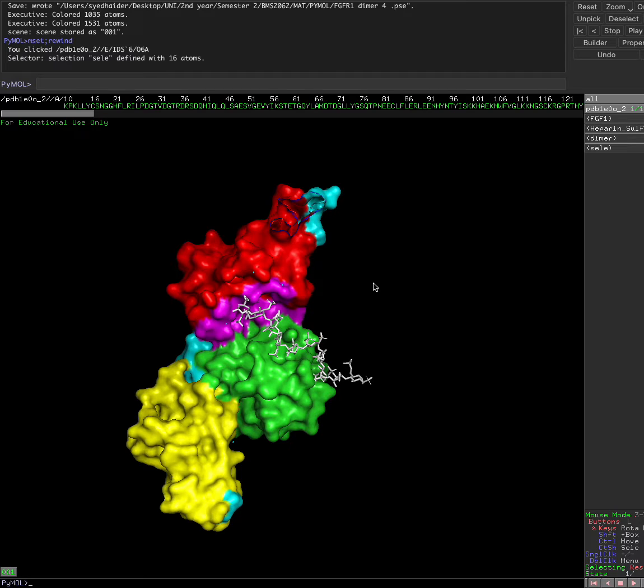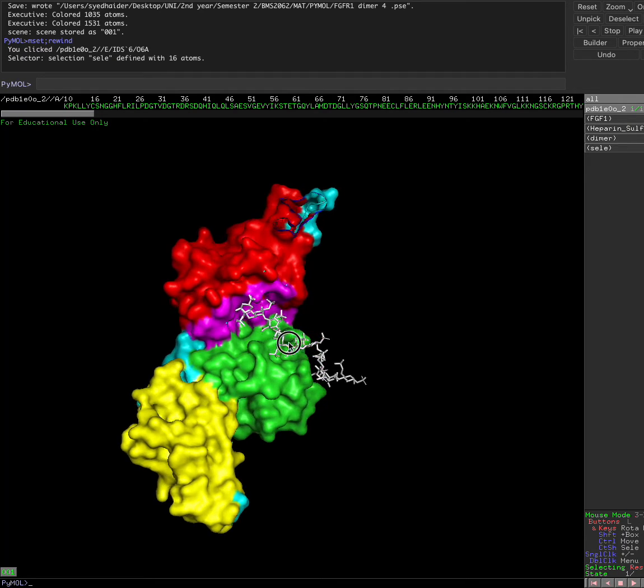So let's begin by observing the structure of a standalone inactive or monomeric FGFR2 protein, which is this structure here if you ignore the green and white regions for now. As you can see, the Ig2 and Ig3 domains, shown in red and yellow, are bound to a fibroblast growth factor 1 or FGF1 ligand, shown in green. In addition, the heparin binding region, shown in pink, is bound to the heparan sulfate proteoglycan, showcased as that